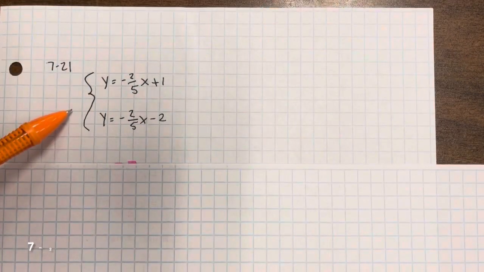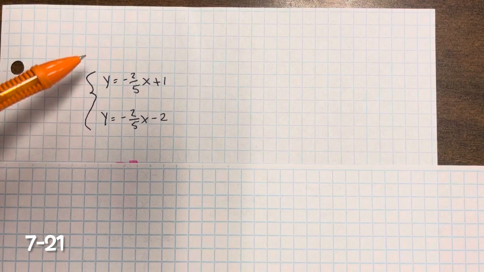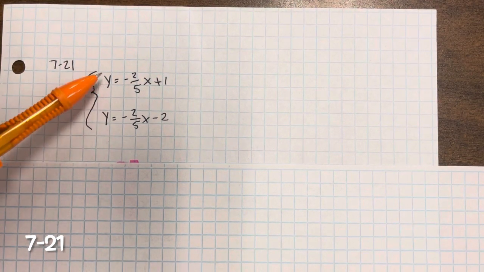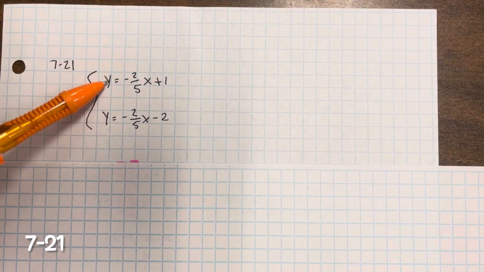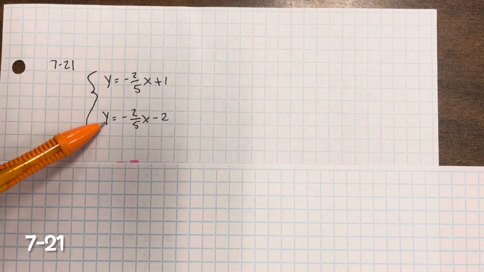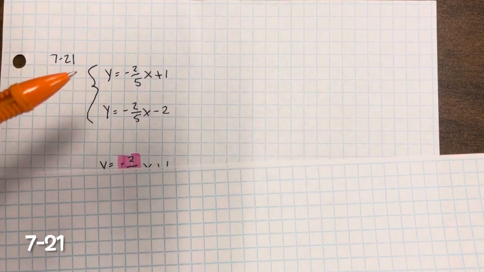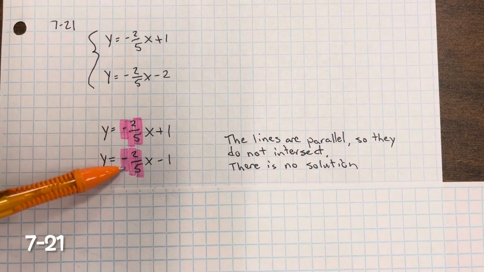For number 21, we need to solve the system using any method. Both of these are in y equals form, so I could use the substitution method, where if this is what y equals, I can plug it into this equation, into y. But if you look at both of these terms right here,